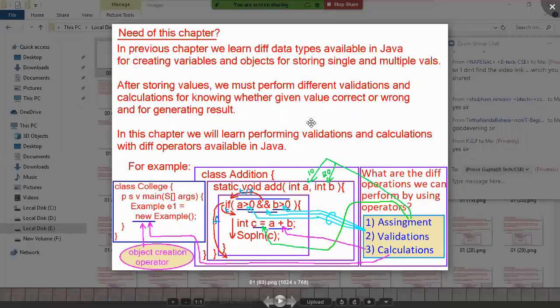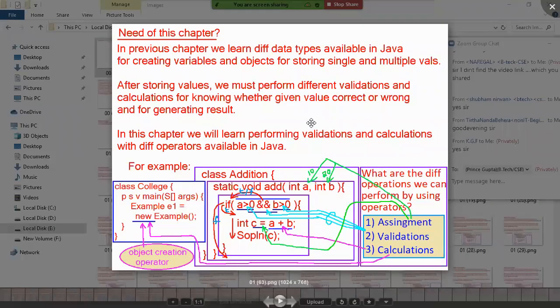It is meant for performing calculations, not for assignment, not for validation. You take any operator, all operators come under any one of these three operations only: assignment operators, validation operators, and calculation operators. Three types of operators. I hope you all got a clear picture on this topic.